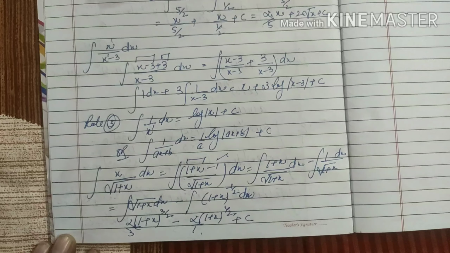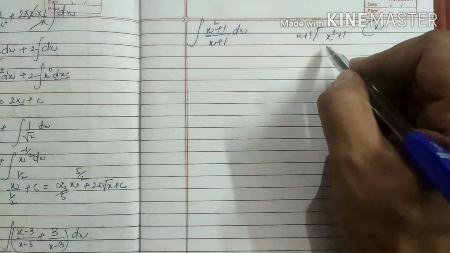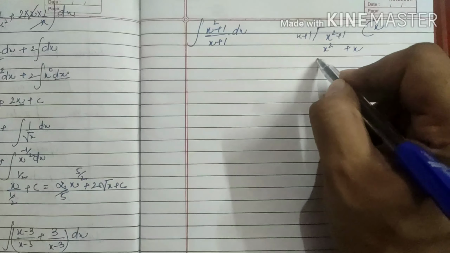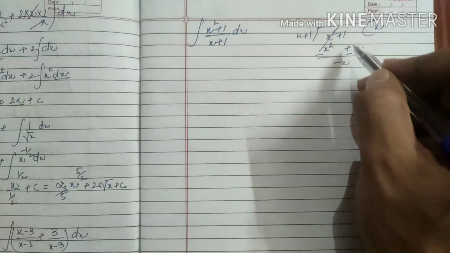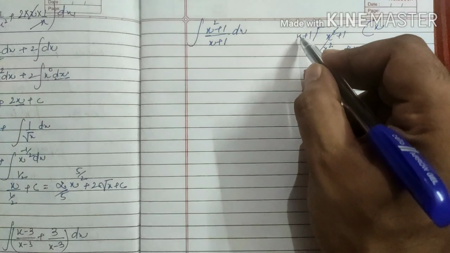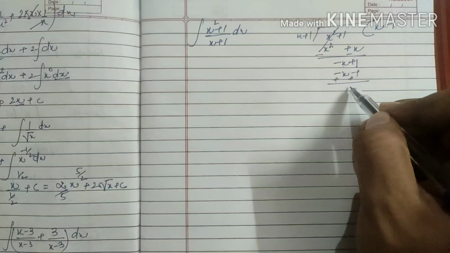Next we are discussing the case when the power of the numerator is more than the power of the denominator. Like this, it is not possible to make it the same, so we use the division method, numerator divided by denominator. Arrange them in descending power. First term divided by first term, we get x; multiplied with the whole, we get this one. The unlike term we take at last, sign change cancels out, minus x with plus 1. Again first term divided by first term, we get minus 1, so it becomes minus x minus 1, change of sign, and we get overall 2.